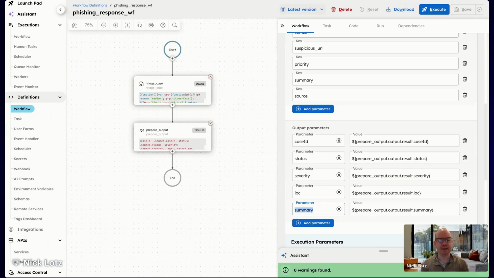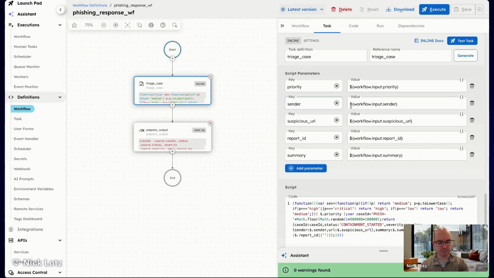Really what the steps do is they undergo a transformation of data between a potential input of details of a phishing email, and then an output of a transformation bit of data that will generate things like a case ID, a URL to the ticket, a summary of the case, a severity level. So if I look at this triage case part of the workflow, I can see that